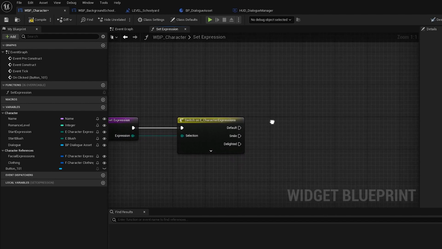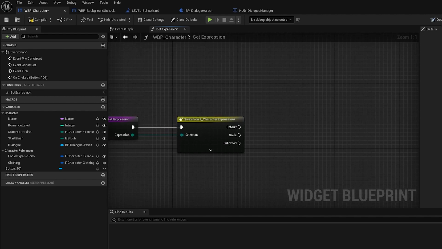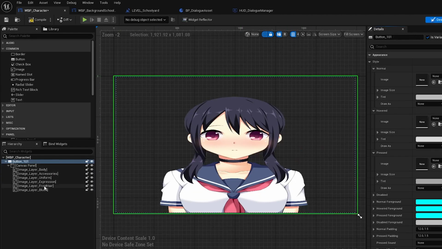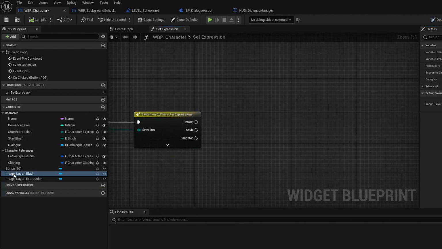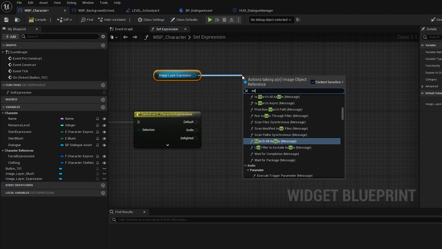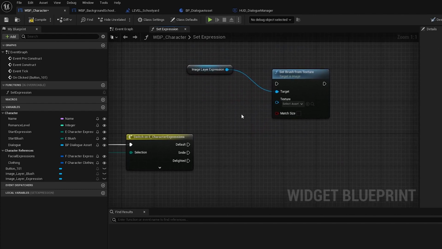custom functionality per state. But because I mainly want to change textures on our character, I have to go back to the designer tab and expose the expression texture as a variable. And since I'm there anyway, I'm also going to expose the blush texture layer. Now back in the graph, I have actually access to these layers now. So I can just grab them as reference and just say, hey, I want to change the texture on this